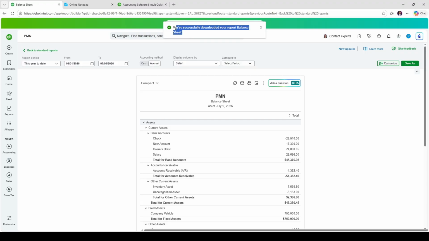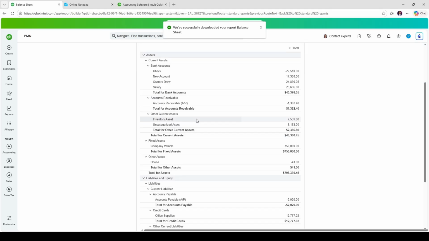Once you've clicked Export to Excel, the download should start automatically. Depending on how large your report is and the speed of your internet connection, the download time will vary. In just a few moments, you'll have an Excel file ready on your computer. This file can then be opened in Excel, allowing you the flexibility to review, edit, or perform more detailed analyses